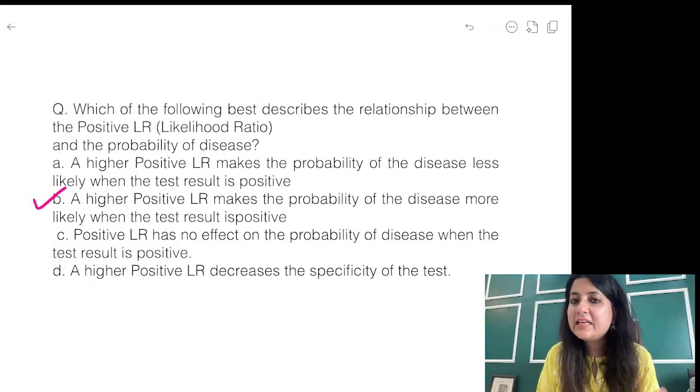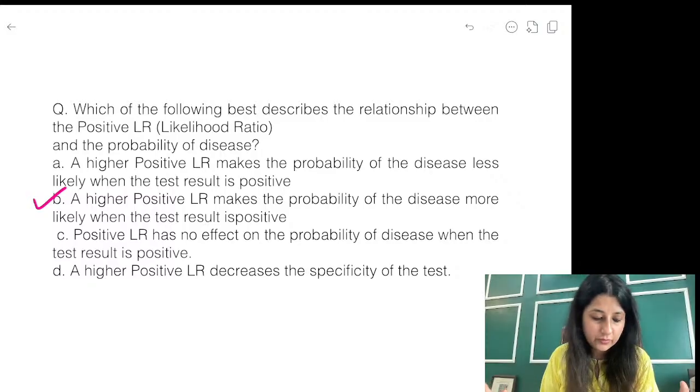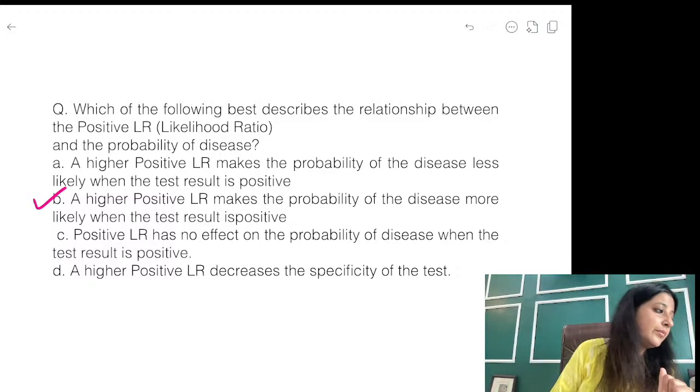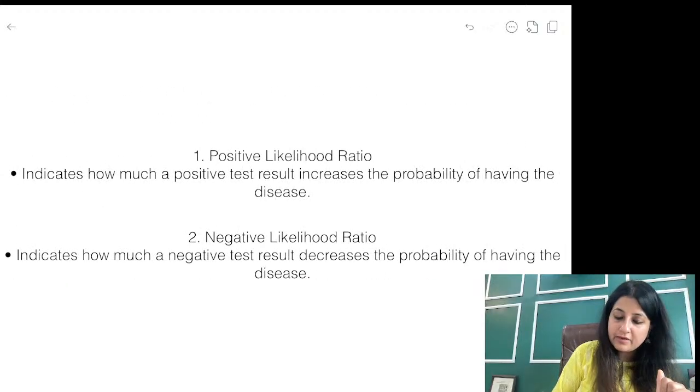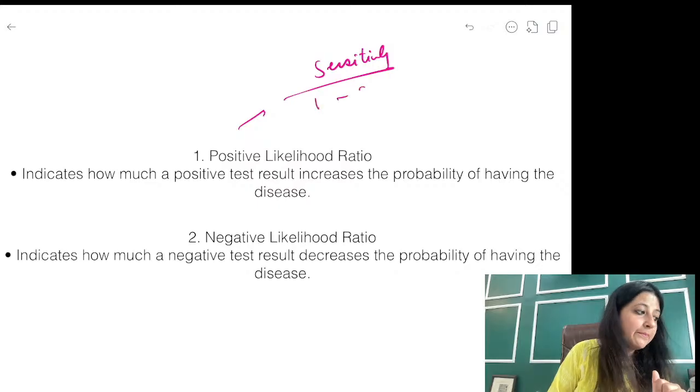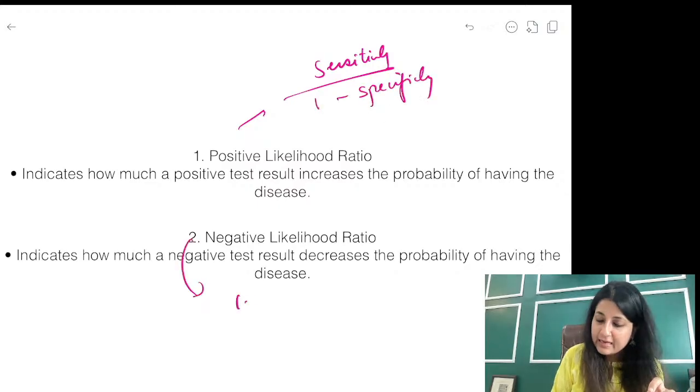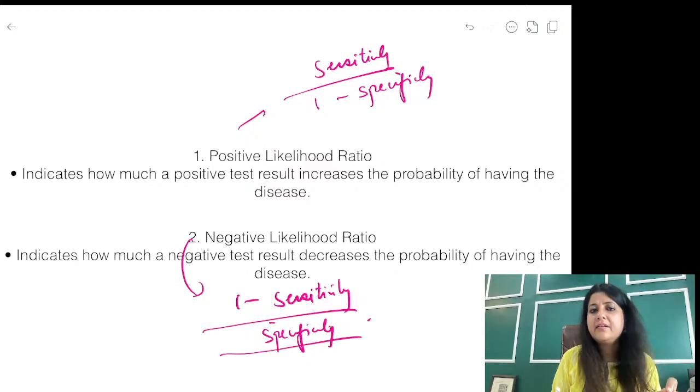Like suppose likelihood ratio का मतलब क्या होता है? What are the chances of me, if my screening test is positive, what are the chances of me actually having the disease? That's only likelihood ratio. ठीक है, so if it is high, the chance is more. If it is low, the chance is less, everybody. ठीक है, I'm going to write the formula for positive likelihood ratio over here in case somebody wants to read it. Not very important for your NEETPG or FMGE exams, because this is more important for your INI-CT. But because we are talking about all these things, so we are writing it.